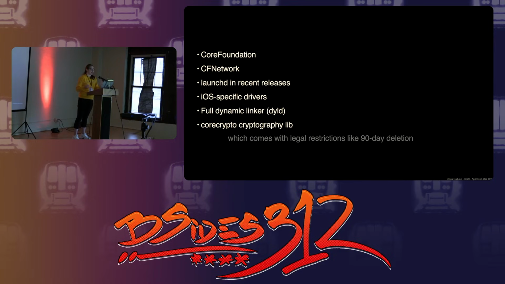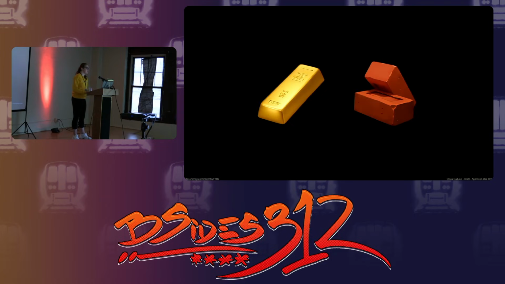Missing or partially available components include Core Foundation, CF Network, launchd in recent releases, iOS-specific drivers, the full dynamic linker, and their crypto library, which is known as Core Crypto, and it even has legal protections like a 90-day and then delete policy, which you can find online. Additionally, its source drops are often incomplete or outdated. You'll see headers referencing files that don't exist or tarballs with build instructions completely missing. So while Apple's open source code is a goldmine, I think it's important to approach it knowing you'll hit some